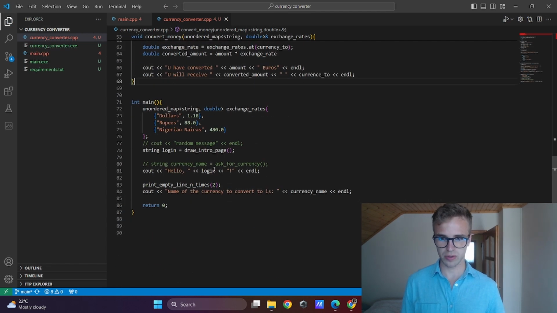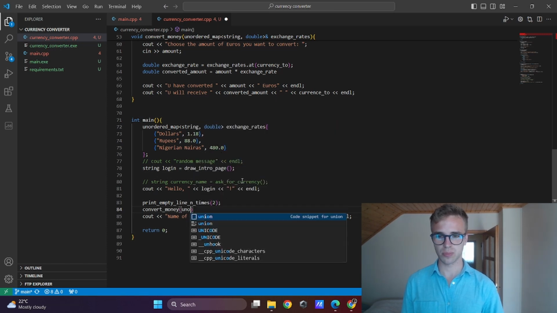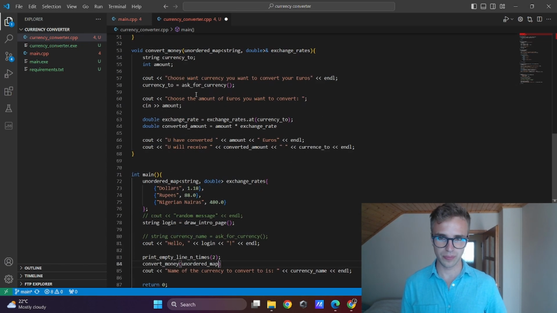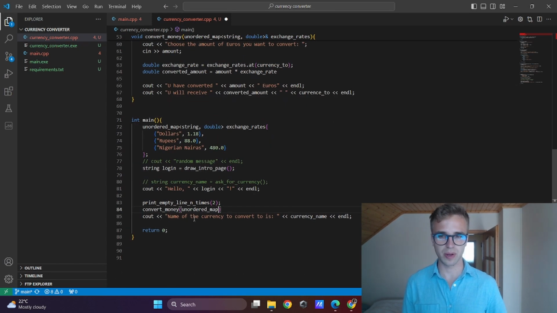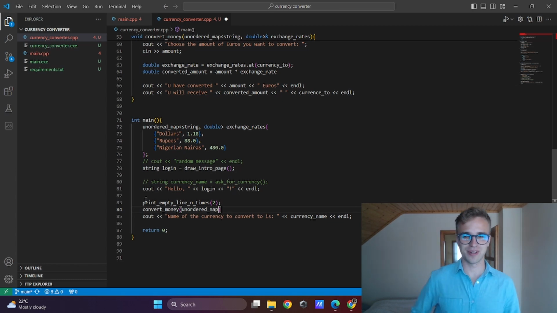Here, hello, we will leave this, and the last thing I will call is the convert money function and put here the unordered map. But we cannot put the unordered map, the data type, into the function.